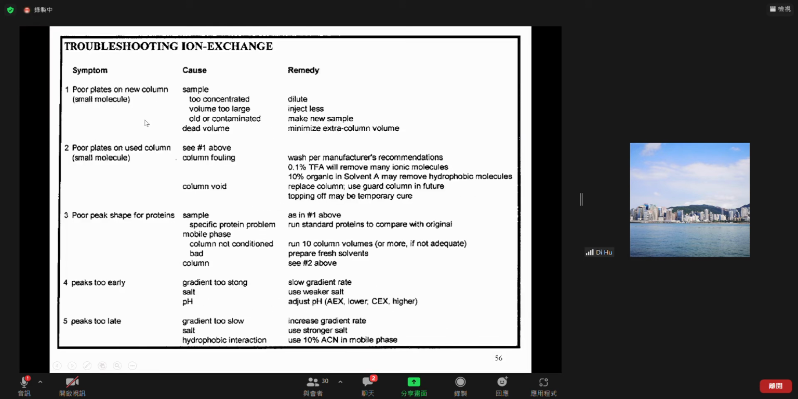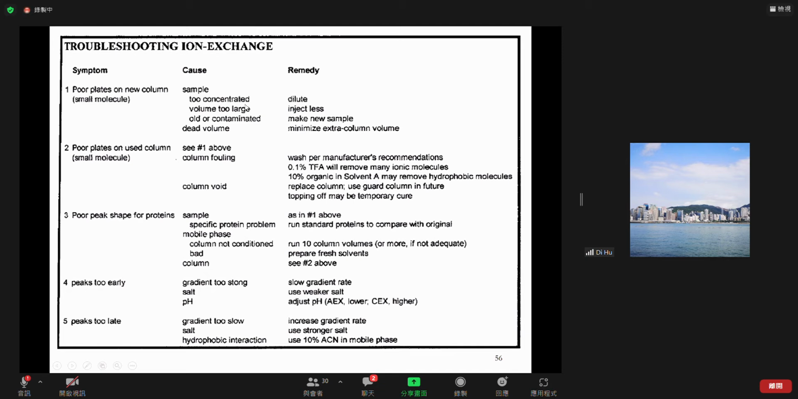There are different symptoms and they may have different causes. This just gives you some idea about what kind of problem you may see, what could be the cause, and how you can solve it. If you are using a new column and you see a very poor N value, so it is not really highly efficient, with very poor peak shape,